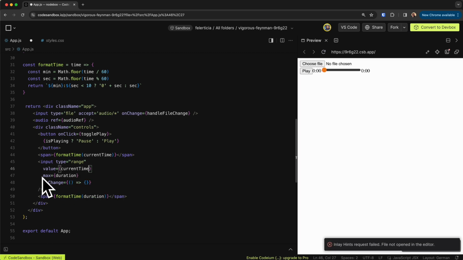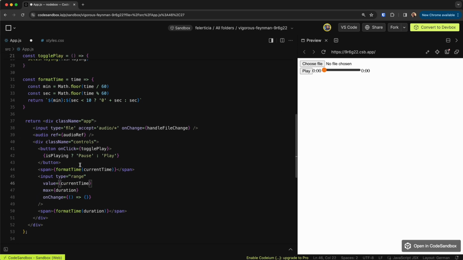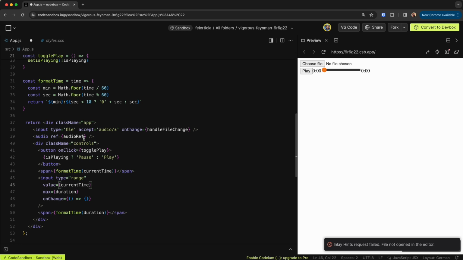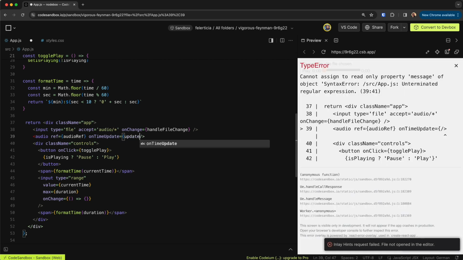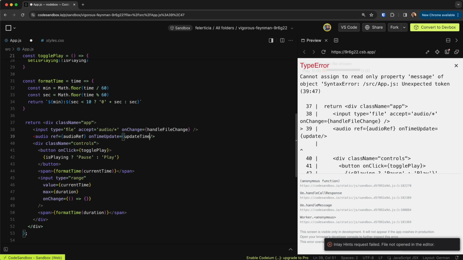But this will be changed when the audio is played. So when the audio starts, the time updates, and I need to update this value, which is the current time. So, but how do I detect that? So here on the audio, I have another property, which is a function called onTimeUpdate. So when the time updates, we can call a function. We can call the updateTime